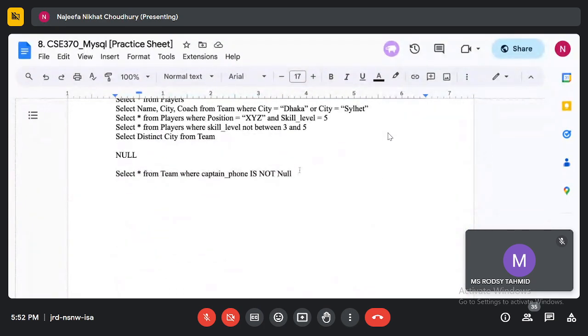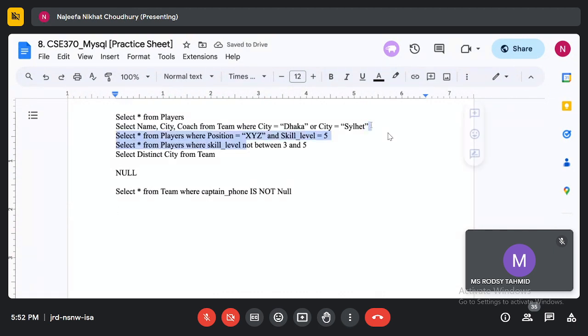Let's say I copy this query. Here, I want to find all the teams from a couple of different cities, like Dhaka, Sylhet, Khulna, Borishal and Chittagong. Let's say I want to do it for 5 cities. Now for 5 cities, I have to write OR city equals Sylhet, OR city equals Chittagong, OR city equals Khulna. That makes our code very lengthy.